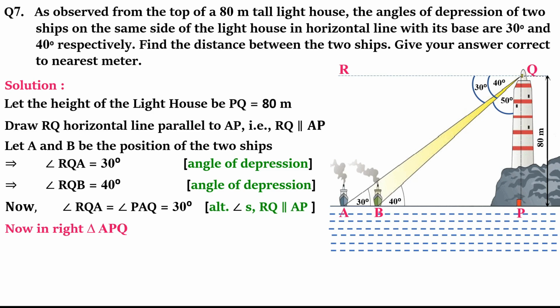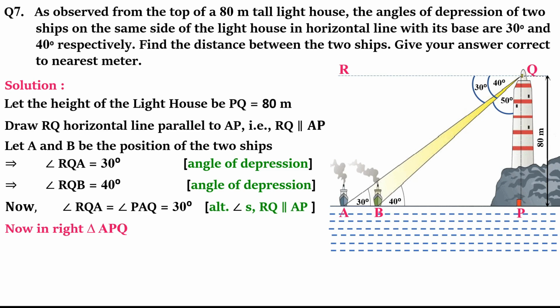Now in the figure you can see I have marked 50 degree also. Why 50 degree? I'll tell you in the later part of the question when I solve this. Because 40 is there, of course I should make use of a T ratio with 40, but 40 will give me more calculation. I said to you earlier that we try to avoid division of a whole number by a decimal. If I take tan 40 and I am working for BP, because what is my final aim? To find the distance between the two ships.